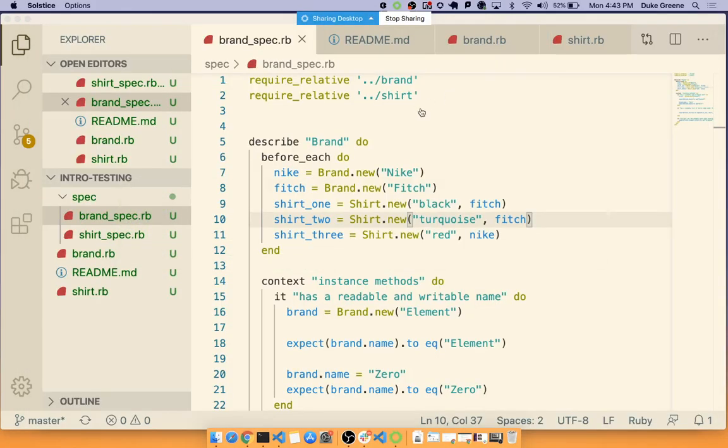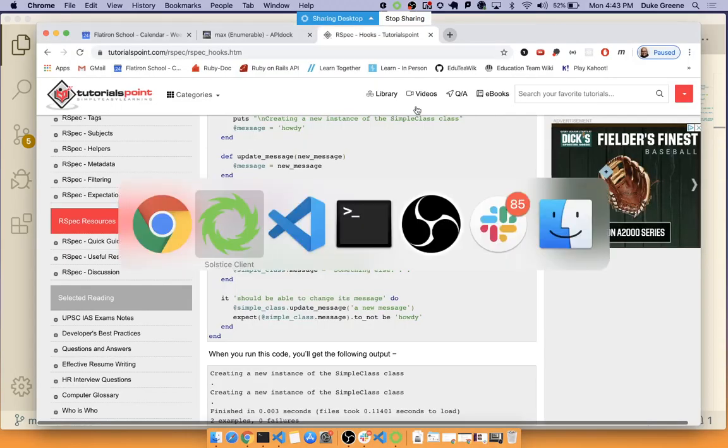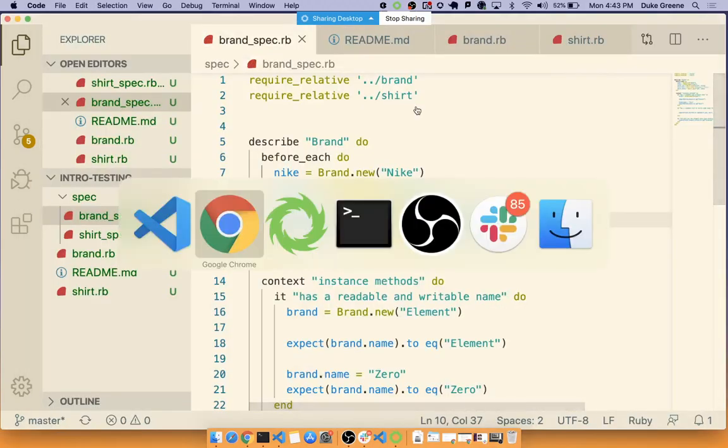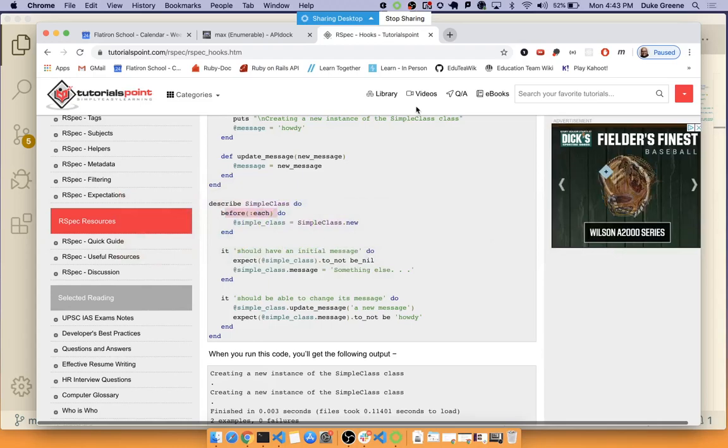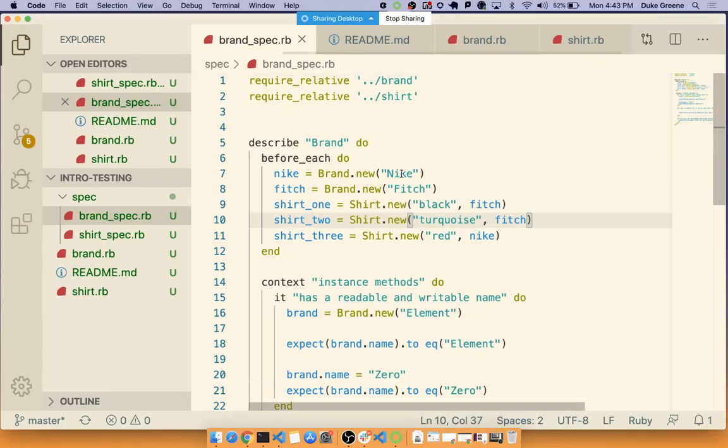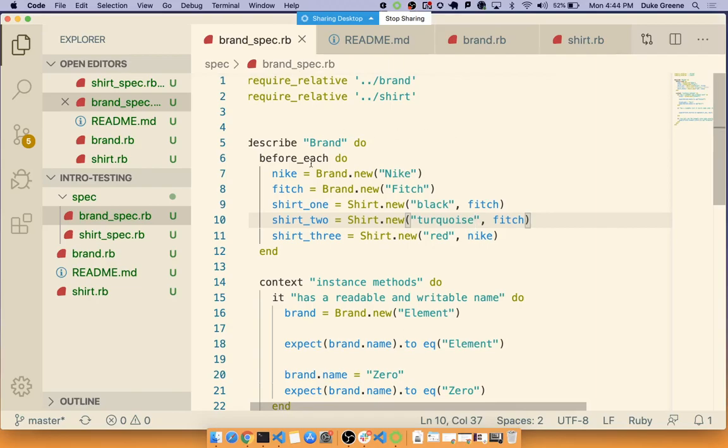Apologies, every time I hop over to Solstice, I'm not used to looking at VS Code. I'm used to looking at Atom, so Solstice is reading the same place in my brain that the green Atom logo used to read. In any case, we'll say before each,